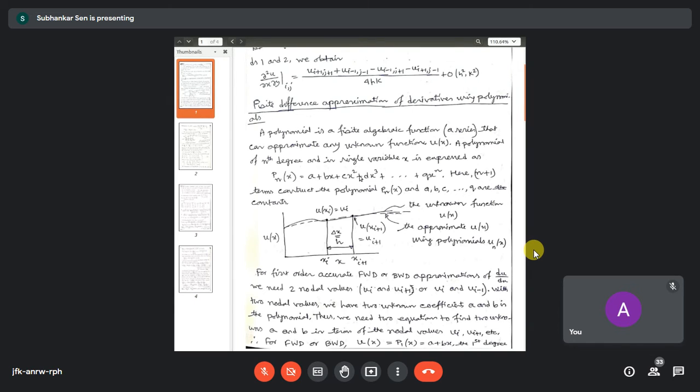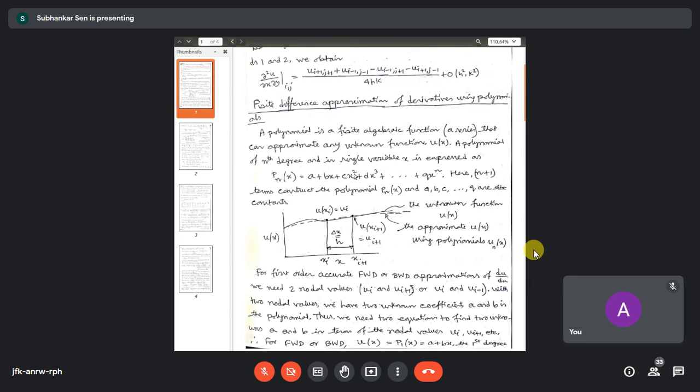Suppose you are considering a polynomial of order 2, so it will be a parabola. Then your Pn(x) will be a plus bx plus cx square. In that case, dp/dx will be...